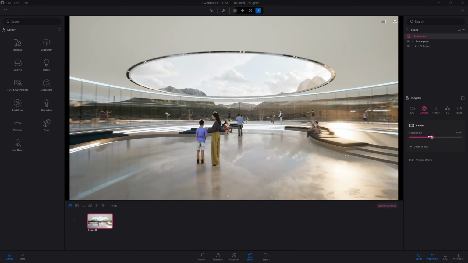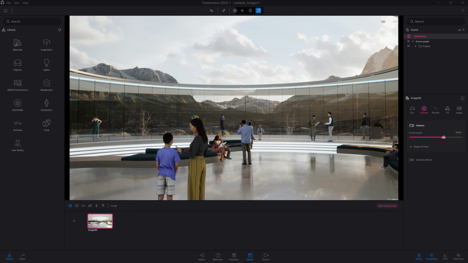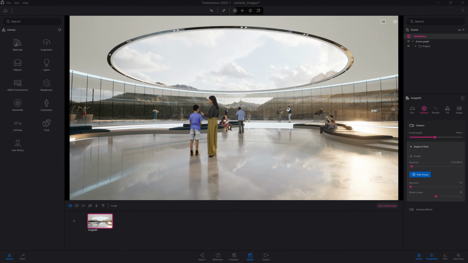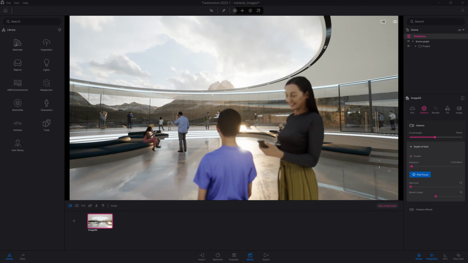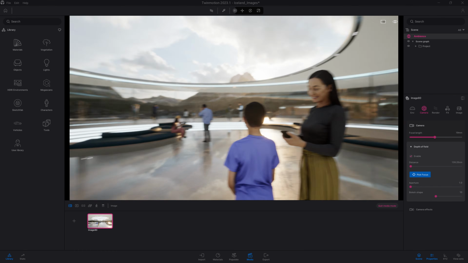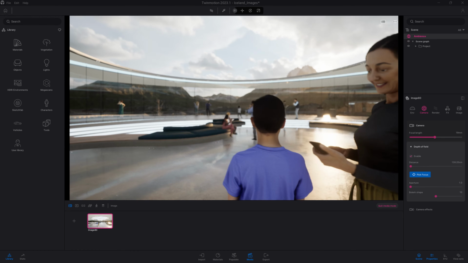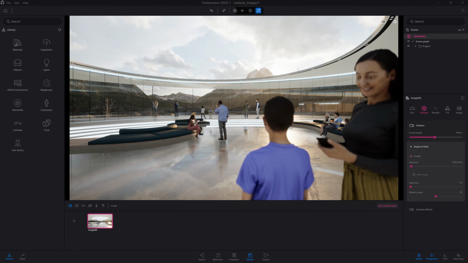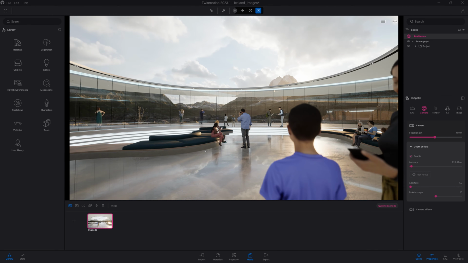So here, for example, you can change your focal length. You can even turn on the depth of field and define which area of your image is in focus. So let's, for example, get closer to that lady here. I will click on her face. So her face is in focus and we can see the rest of the image is pretty blurry. But let's do the opposite now. I'm just going to click on the background here. And now our two characters in the forefront here are blurry, while the rest is pretty clear.